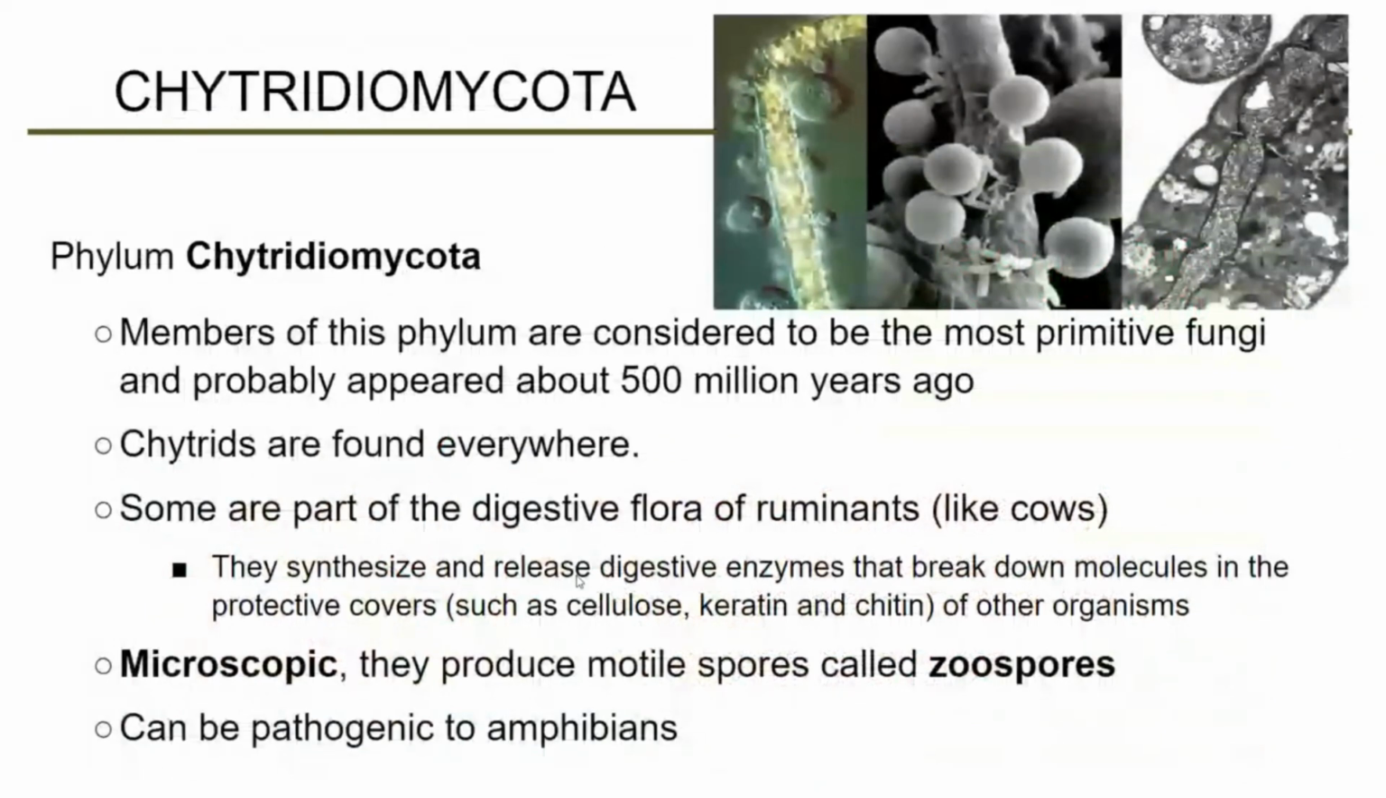All right, the last fungus that we're going to go over are the citrids, or the Citridiomycota. Now, these are the most primitive type of fungus. They are almost similar to the Protistas, and they're going to be everywhere, but the main place that they live is a mutualistic relationship with ruminants. Ruminants, like cows, are animals that have a chambered stomach and they kind of like ferment their food as they're